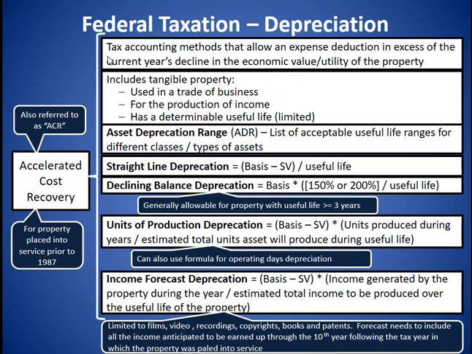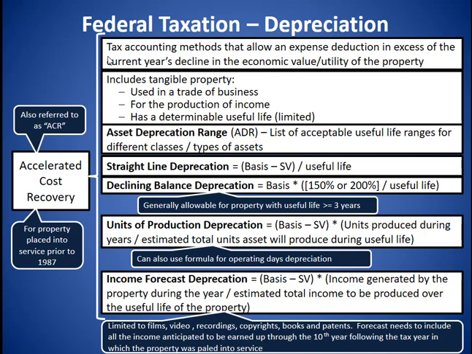Traditionally, in order to measure the decline in the utility, the economic value of a property, accountants have recognized depreciation in the year that the depreciation is associated with the revenue produced by that particular asset, and typically that was through straight line depreciation, where the cost basis of the asset minus its salvage value divided by the useful life gave us an equal amount of